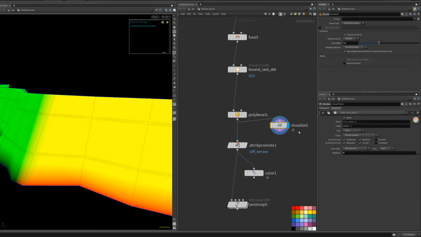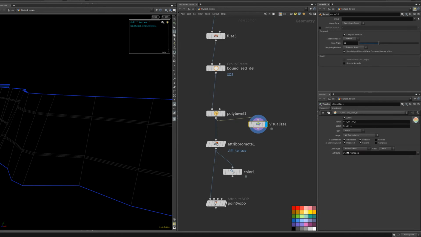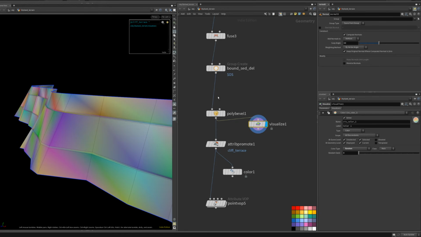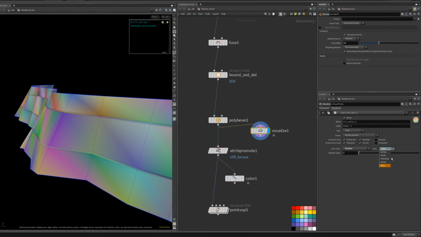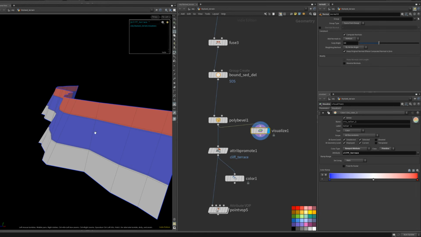If you press X on your keyboard with a node, there's a visualized node that is going to appear, okay? And then you can go and say, I want the cliff terrace, so I'm going to bring that guy out, okay? And you can see that it's black. Well, why, right? We don't know. So we have to make sure that it's random or anything like that. But since we already brought it out to be primitive, it's still not. 1 second, I'm trying to find. Yeah, ramped attribute. Perfect. So you can still use this visualized node in order to actually separate those guys,